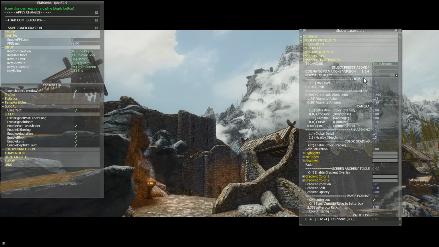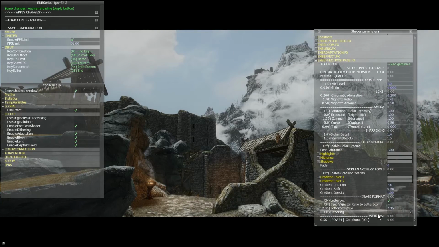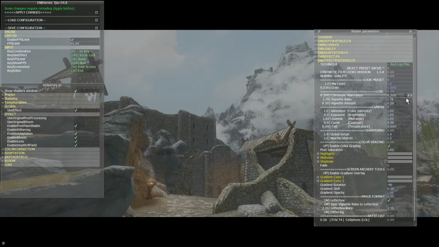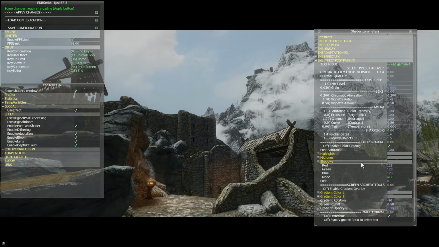Okay, so moving on, let's just hit red gamma 4 as a basic look to start. Let's just turn color grading on really quickly. Now, I went over red log film in the last video, and in that you do need to expand the shadows and the highlights, but red gamma 4 is a decent starting point because it's already expanded. So let's just do a quick